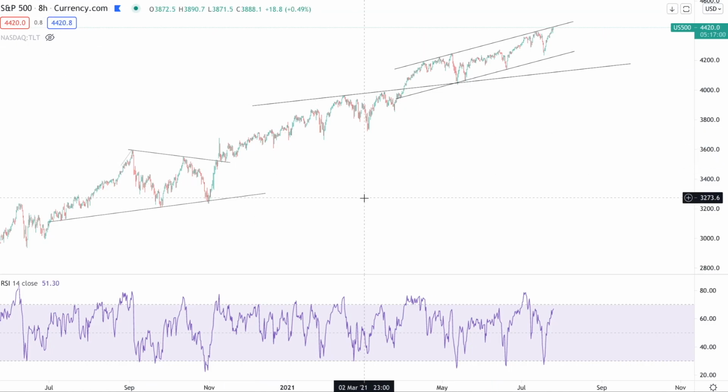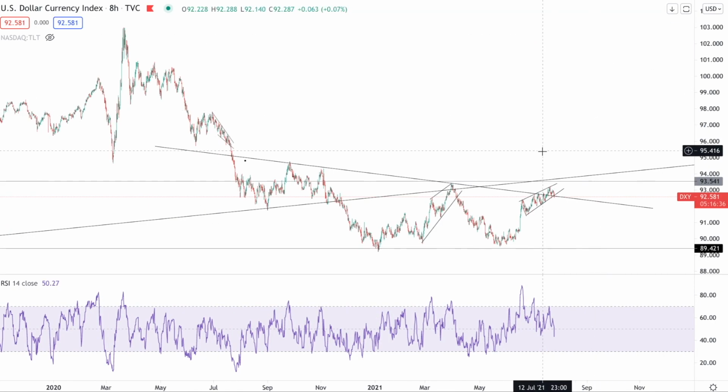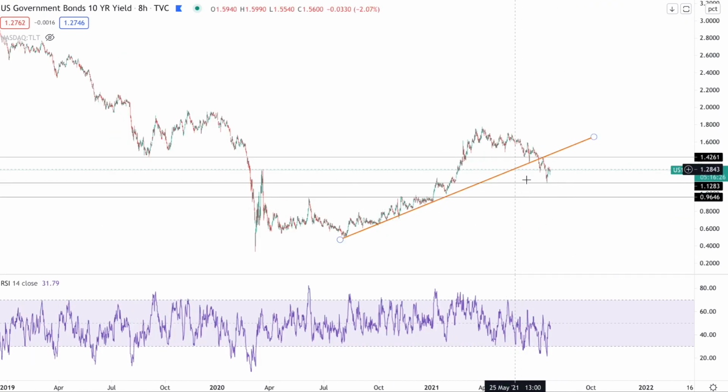In this video, we're going to focus on the S&P 500, but we're going to take a look at the two most important charts to follow if you're trading equities, and that is the US dollar currency index and the 10-year yield, because if you know where these two charts are going, you'll have a very good idea of where